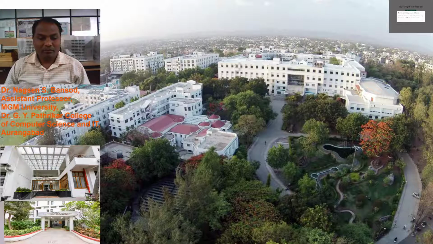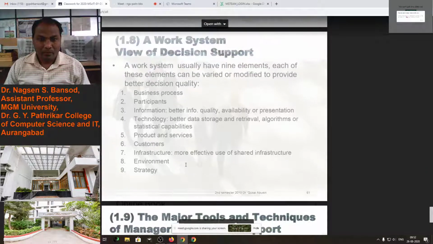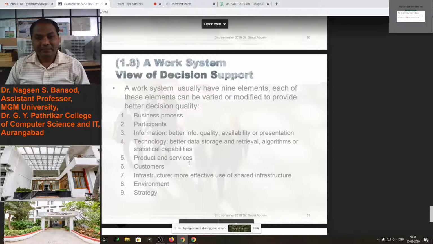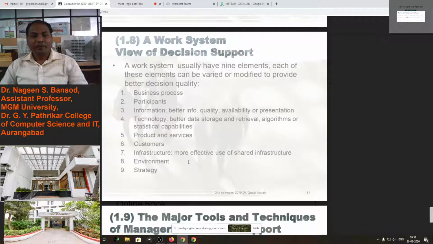Today we will discuss the tools and techniques of managerial decision support system. In the last lecture we discussed the elements for decision support system.